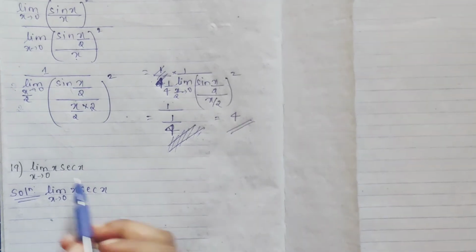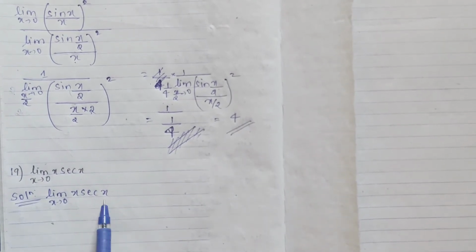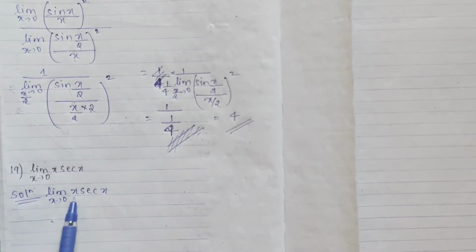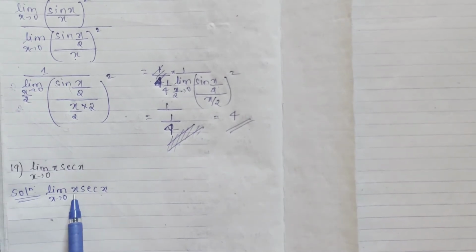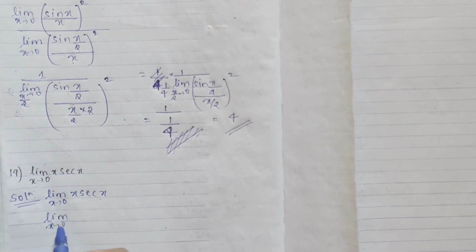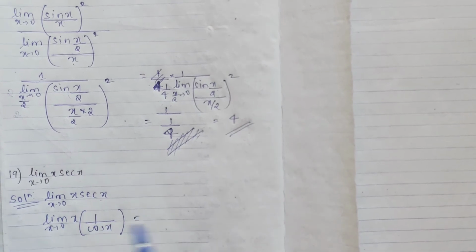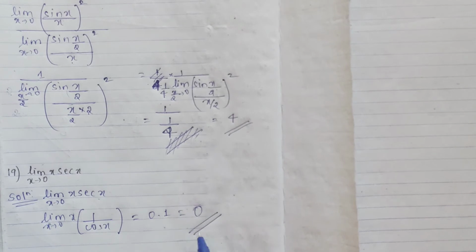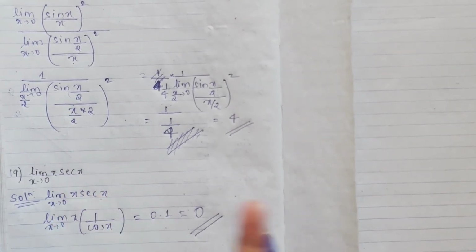Next, 19th question, limit x secant x as x tends to 0. So when we put 0 here, you'll get directly 0 only, right? Sec 0 is 1 actually, but here it is x times sec x, which gives 0, and 0 into anything will be 0. If you don't get it directly, we can convert it into x into 1 by cos x. So if we apply 0 into cos 0 which is 1, you'll get the answer as 0, right? 0 into 1 is 0. Directly here also you'll get the same. 0, anything with this will be 0. Okay.